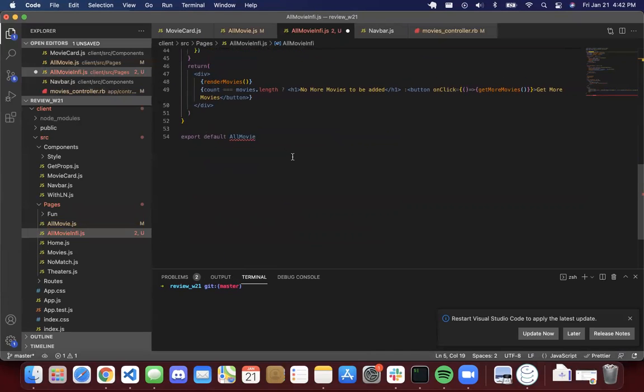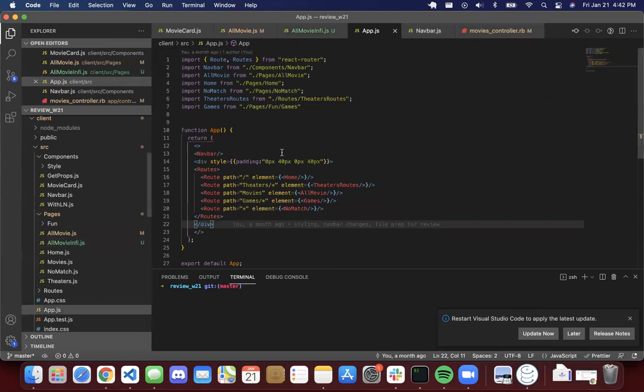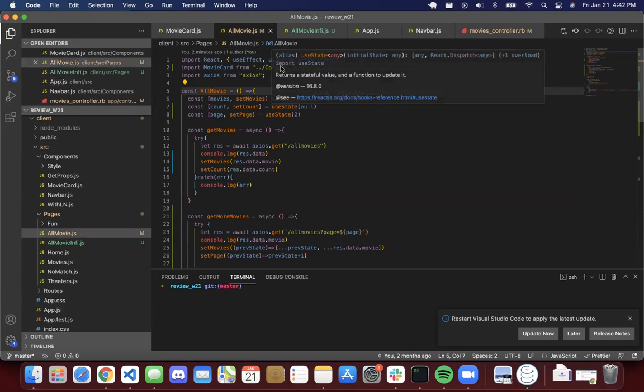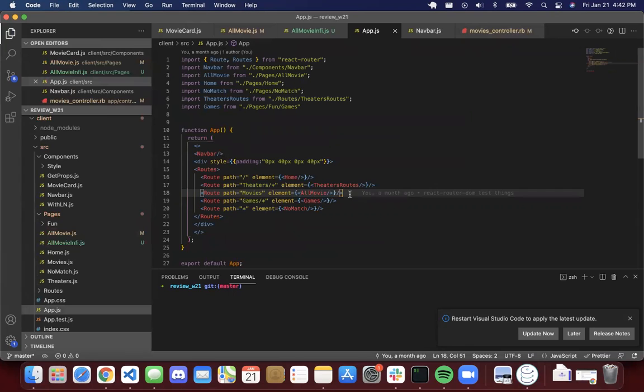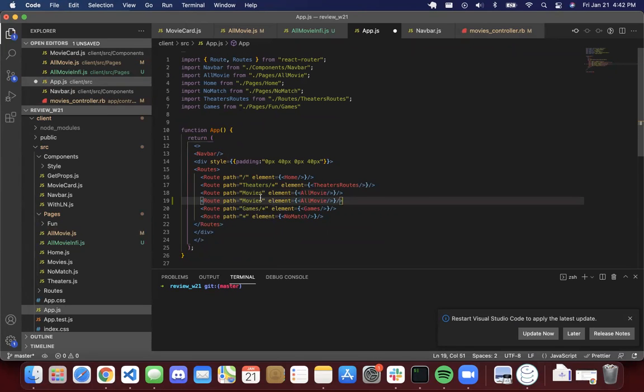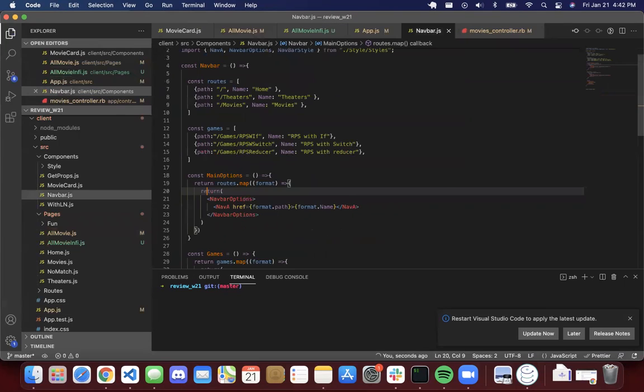Let's go down, change this so that it's also infi. And then really quick go to my app.js. Duplicate this, INFI, INFI, and then go to my navbar